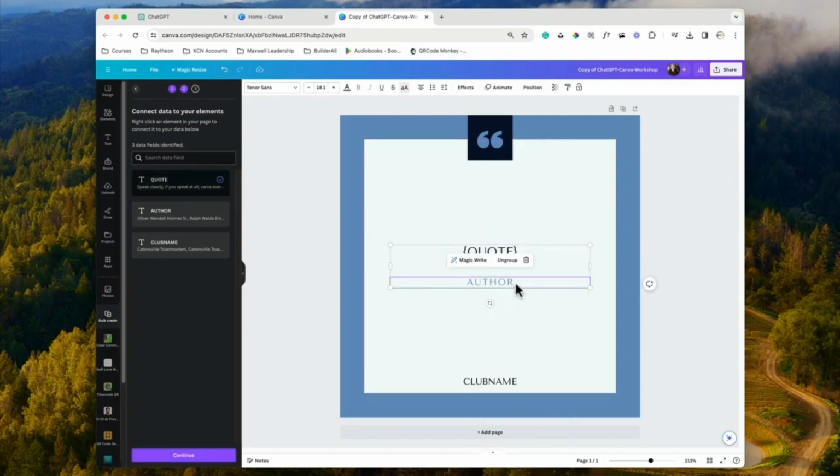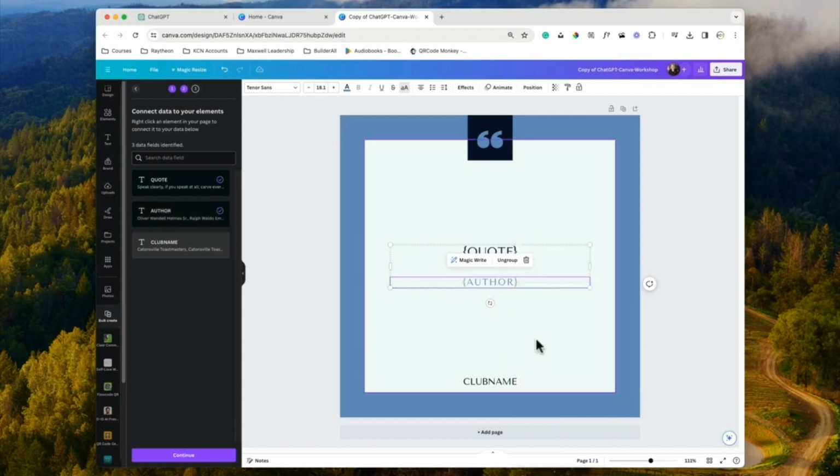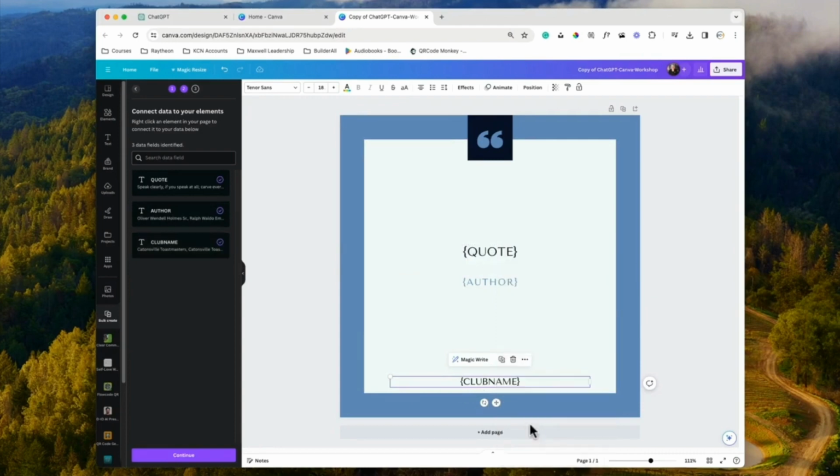And now I do the same thing with the other fields. Now I've connected the data. You can tell because you see how the format's changed, where it has the brackets. And you can also see we have check marks here that say the data's been connected.